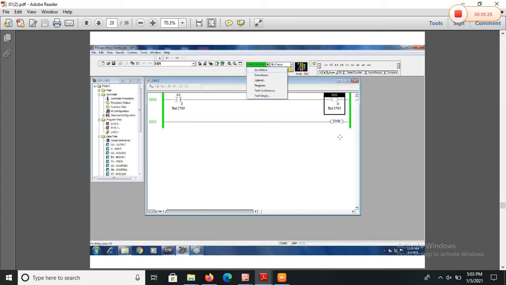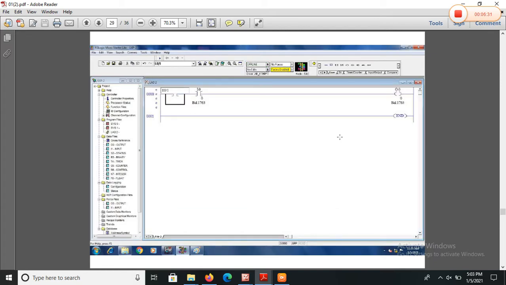Okay. Now go offline. For reprogramming, we have to go offline. Then I have taken another switch as a normally open switch to design the AND gate. This is the AND gate. When two switches are in series, they form an AND gate. 1 into 1, output will be 1. 1 into 0, output will be 0. 0 into 1, output will be 0. When I switch on both the switches, then and only then the output will turn on. I assigned the addresses 0/1 and 0/0.